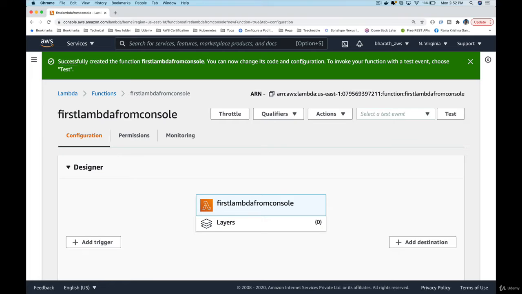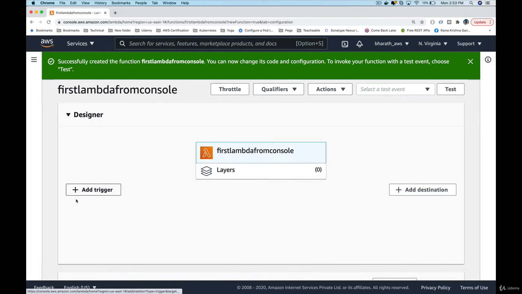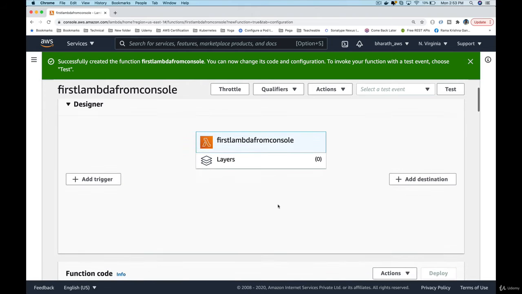You can now make changes to it, and you can also invoke it using this test button. That is the beauty of it. Typically, a Lambda function will be triggered by an event. This could be another resource like S3, or it could be another resource like API Gateway, etc., which is triggering our Lambda function. We will learn more about it in lectures later on. But right now we are going to test it using this test button that will trigger our Lambda function, and we can see the output. Where will the output come from? Scroll down.